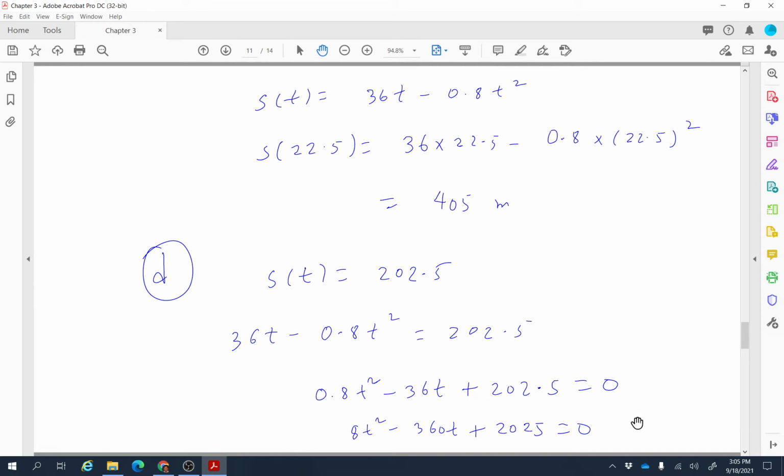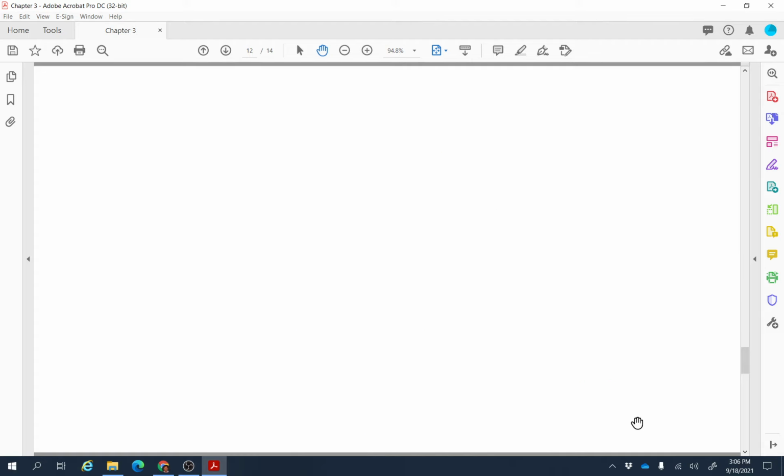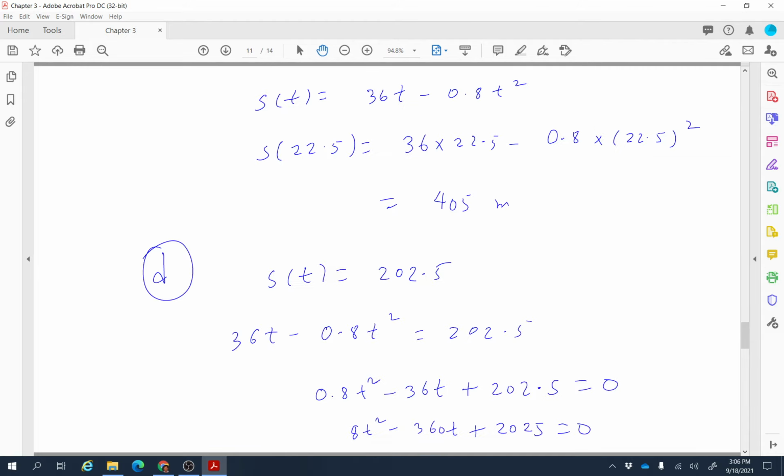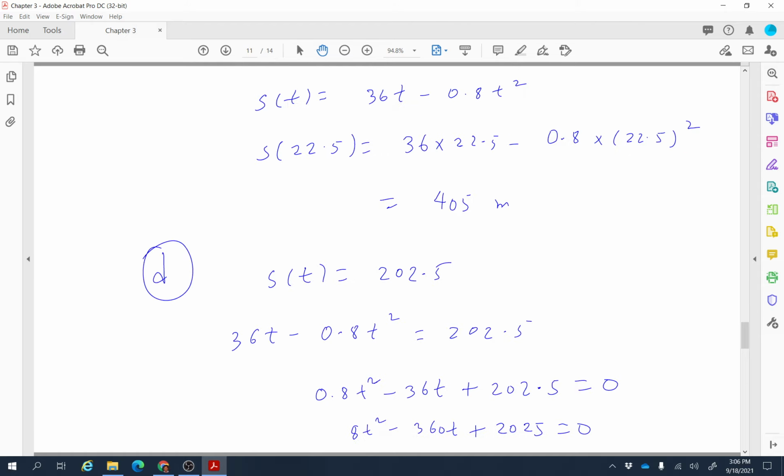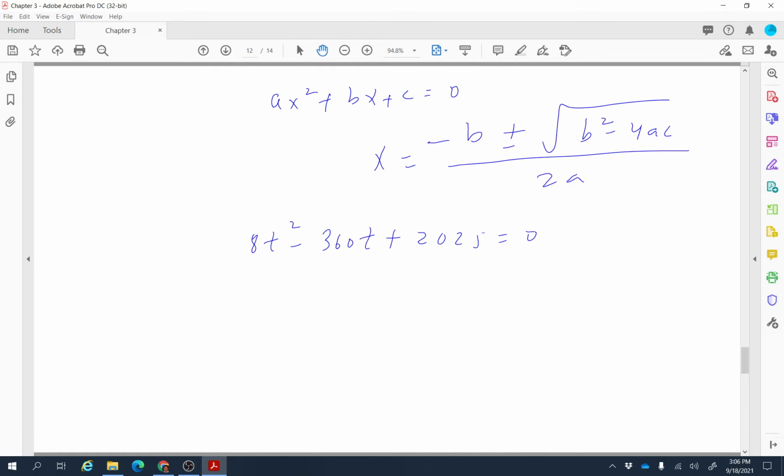To solve this quadratic equation, we can use the quadratic formula. If you have ax squared plus bx plus c equals 0, then x can be found using the formula: negative b plus or minus the square root of b squared minus 4ac, divided by 2a. In our case, it's 8t squared minus 360t plus 2025 equals 0, and we want to solve for t. After plugging in a equals 8, b equals negative 360 and c equals 2025,